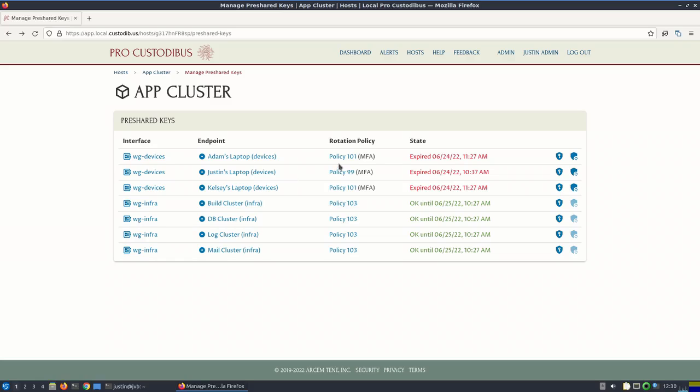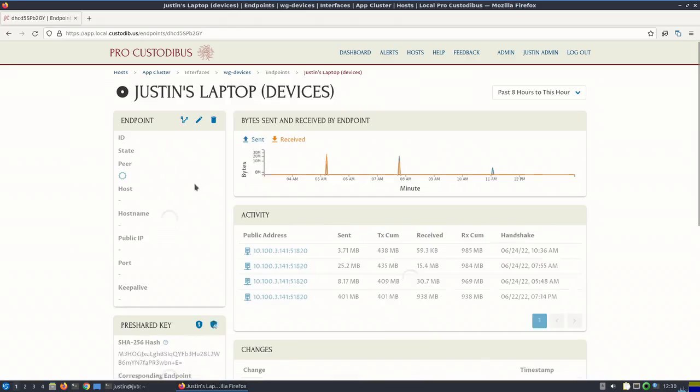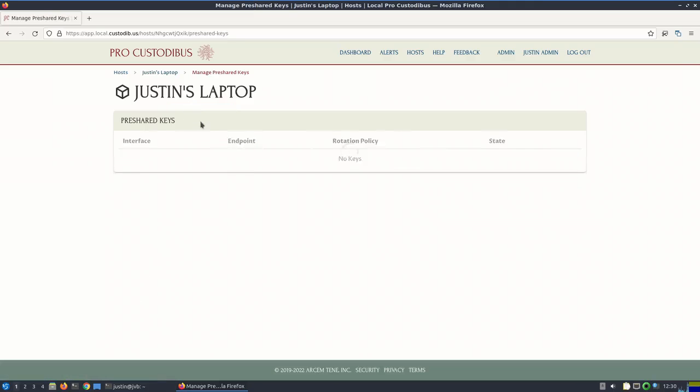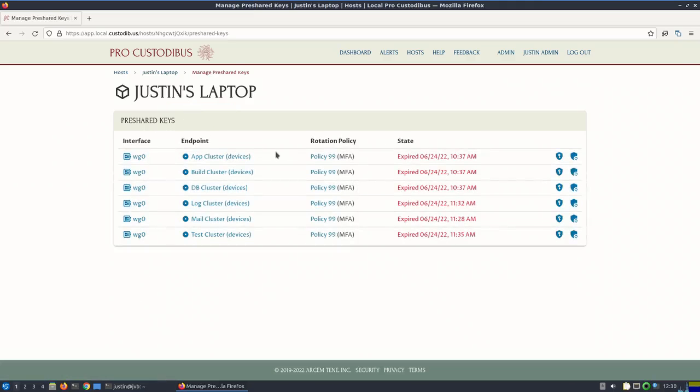We can also navigate to Justin's laptop, go to the host page for that, and click the managed pre-shared keys icon to see the rotation state of all the connections from Justin's laptop. And we can see that all of these connections are governed by our special multi-factor authentication policy that applies just to Justin's laptop, and none of these connections are operable yet. So as an admin, I can click on the synchronize key icon of a connection,